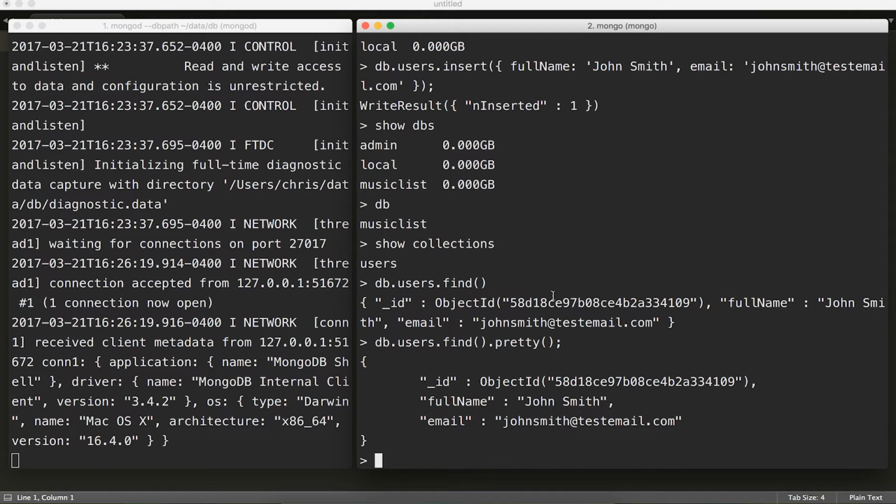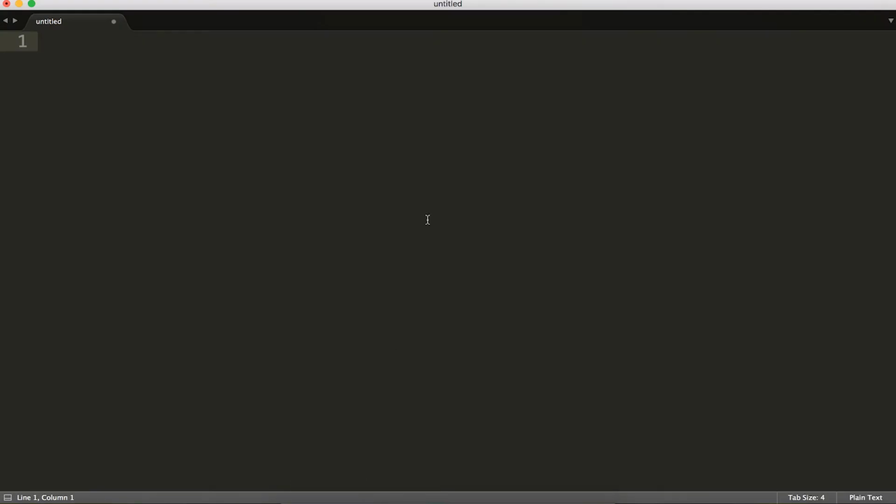Let's add a few more users. We don't have to do this with multiple db.users.insert statements. We can stick multiple user objects into that one statement by putting them into an array. I like to start in a text editor and then paste into the console. So let's open Sublime and then type the following,